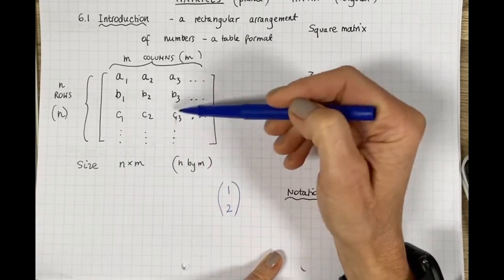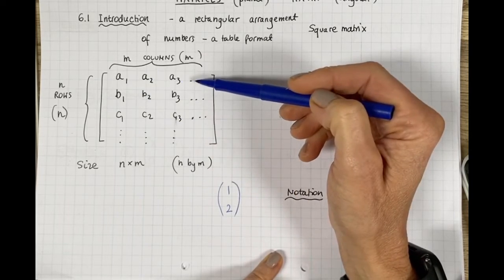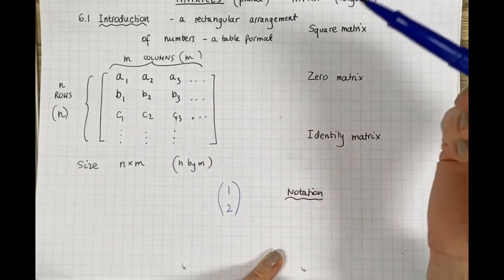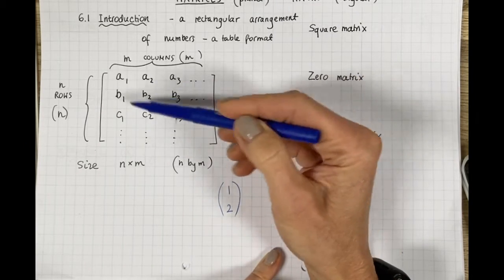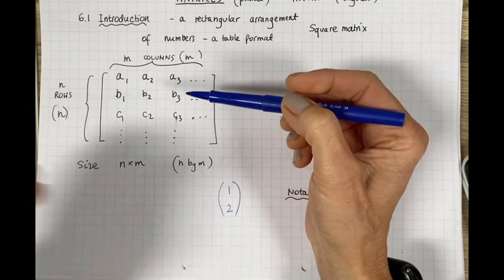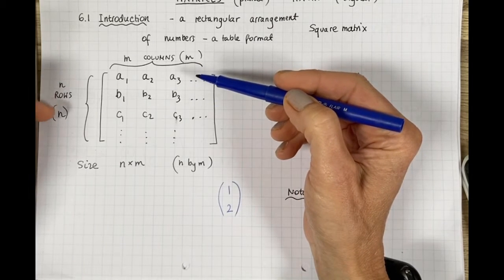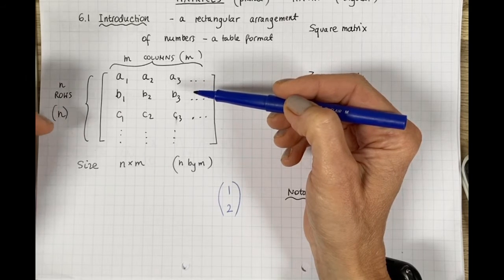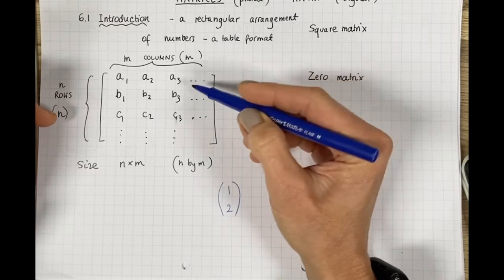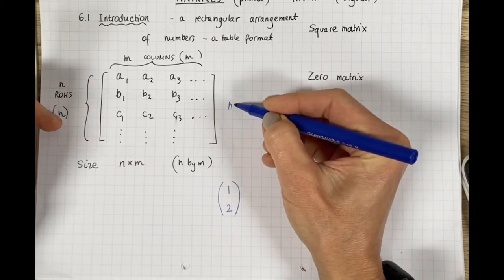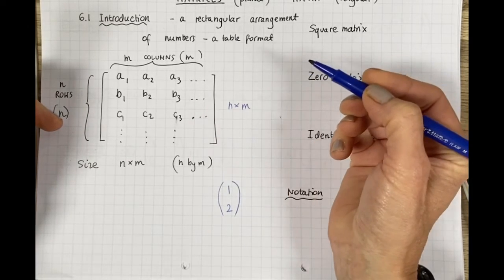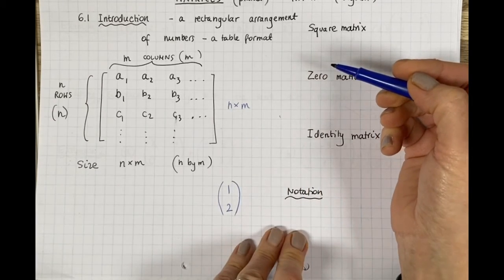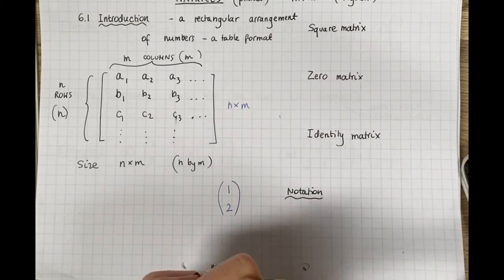It's got to be a rectangular one, so you have to have a number of columns and a number of rows. If you have got a matrix with some given, then you can also talk about its size. So if you have n rows and m columns, then this matrix would be n by m size, where n gives you the number of rows and m gives you the number of columns in that order. Let's just go through